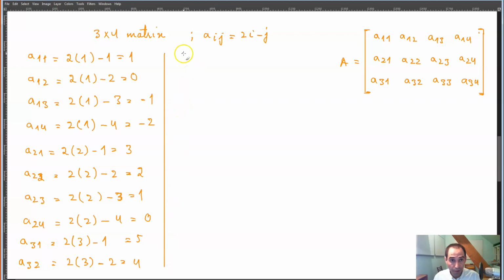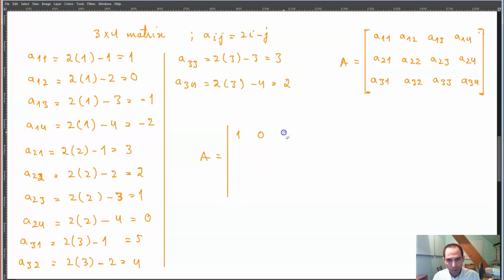And a of 3, 3 is equal to 2 times 3 minus 3, which is equal to 6 minus 3, which is equal to 3. And a of 3, 4 is equal to 2 times 3 minus 4, 6 minus 4, which is equal to 2. And so your matrix becomes